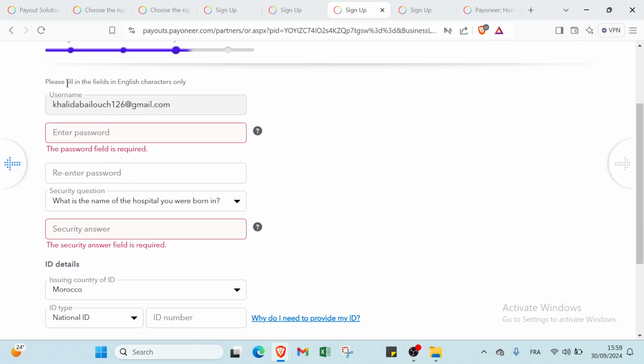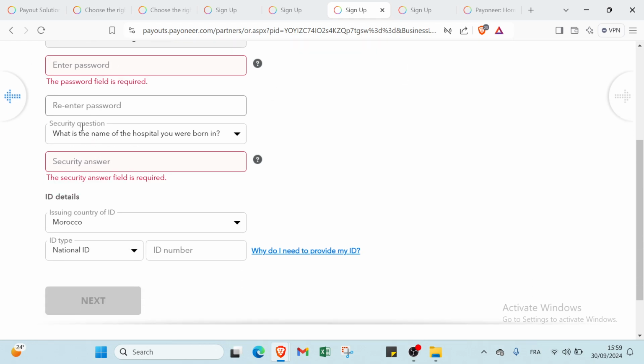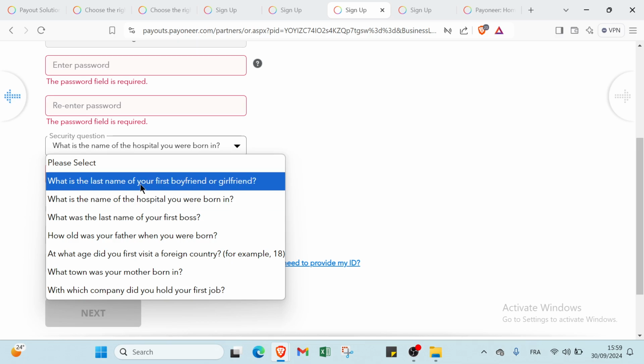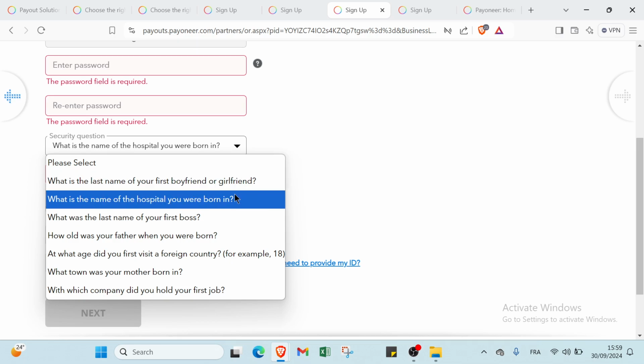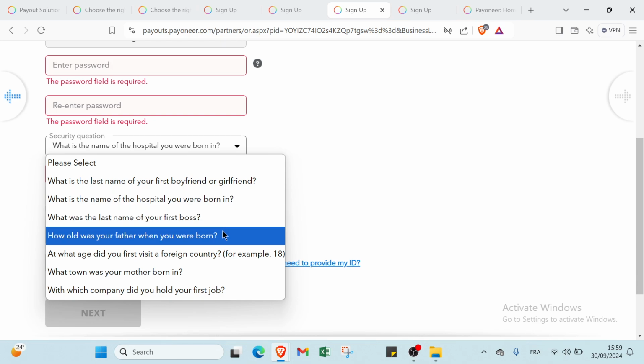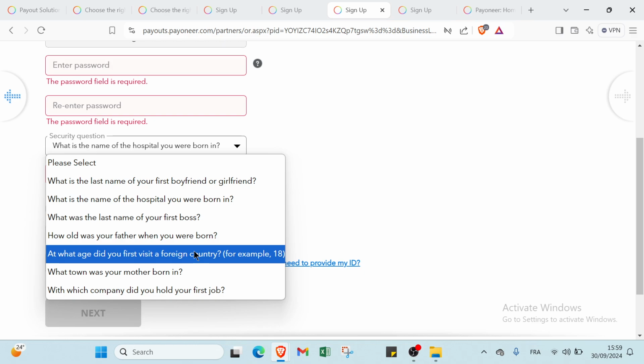details. Please fill in the fields in English characters only. You write your username, your password, you confirm your password. Also we have a security question here, like what is the last name of your first boyfriend or girlfriend, what is the name of the hospital you were born in, what was the last name of your first boss, how old was your father when you were born, at what age did you first visit a foreign country,